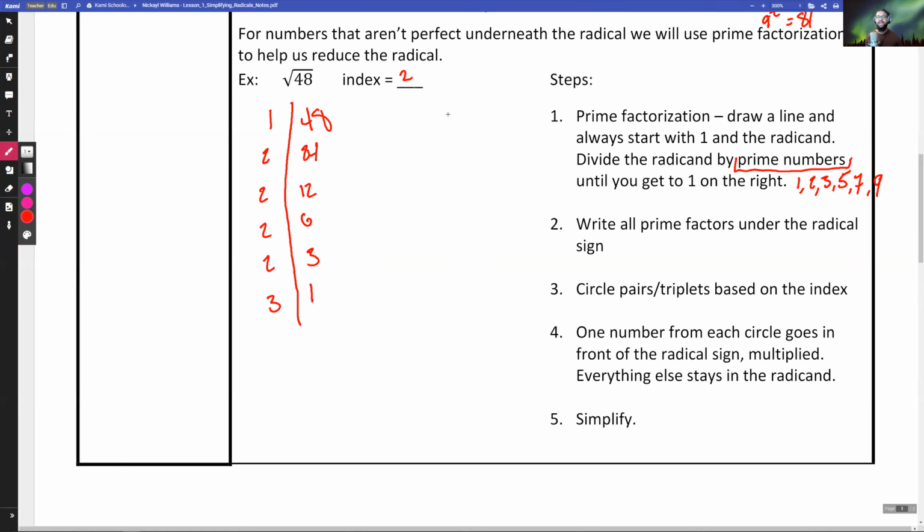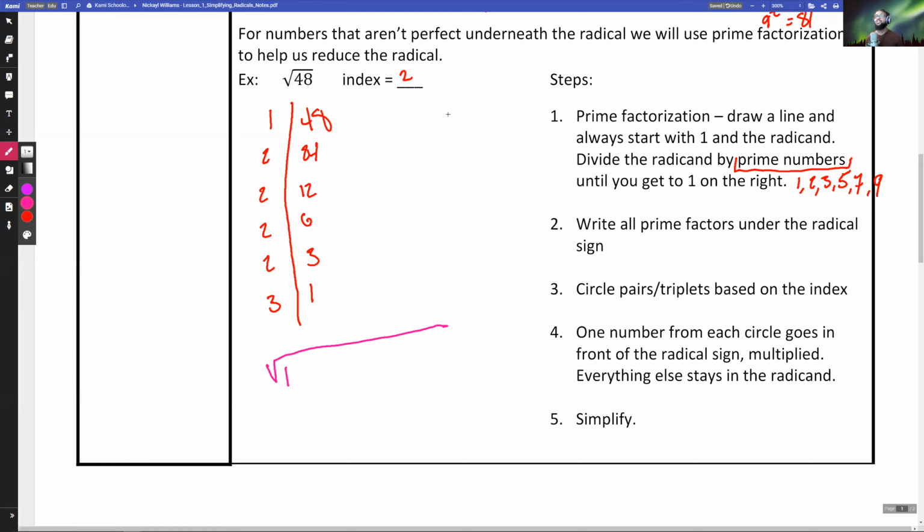Now that we've done that, we are on step 2. Step 2, it's really easy after this part. Step 2 says write all prime factors under the radical sign. So what I'm going to do is draw another radical sign. Not the best one, but it works. We're going to write all the prime factors under the radical sign. The prime factors are going to be the numbers that are on the left side of this line, okay? So we're going to have 1,